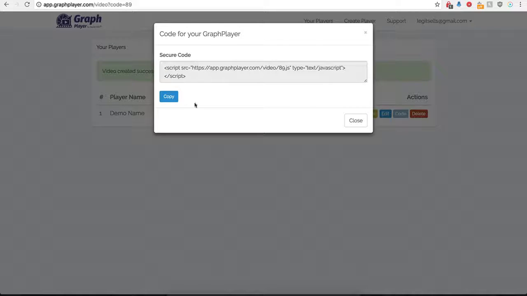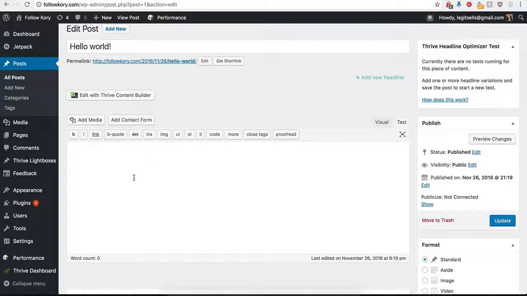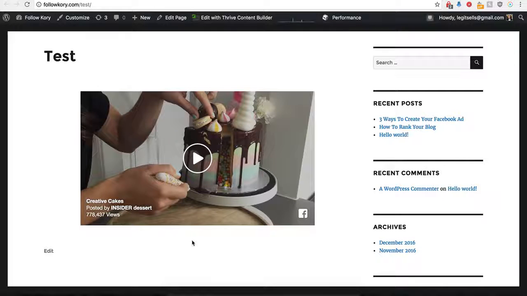Once I save it, we have this script that we can embed anywhere that we want, and it's going to show this custom player that we just created. So I'm going to go ahead and copy that. We are then going to head over here to my demo website. I'm going to paste this inside of one of my blog posts. I'm going to click on update, and we're going to go ahead and preview and see exactly what this looks like. And now, once I preview that page, we can see that we have our Facebook video embedded right here